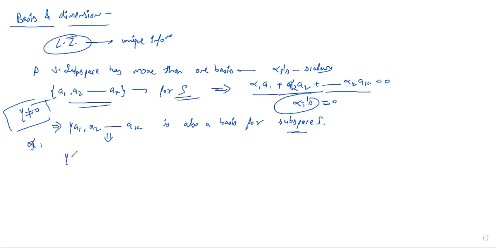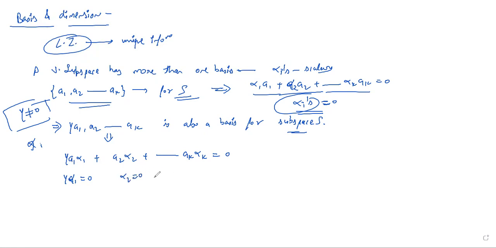Writing the linear combination: gamma a1 alpha 1 plus a2 alpha 2 to ak alpha k equals 0. And here we have all the alphas equal to 0. So gamma alpha 1 equals 0,